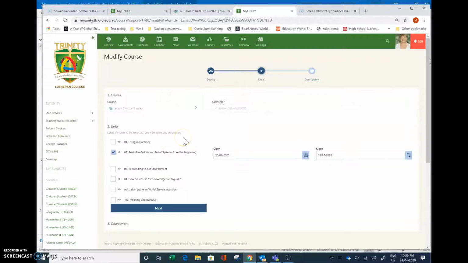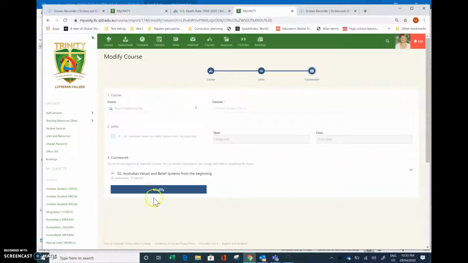Because we're on an individual class page, we really can't do anything, can't grab any other classes. We've got the Australian Values and Belief Systems clicked, press next. We come over here to this down arrow,